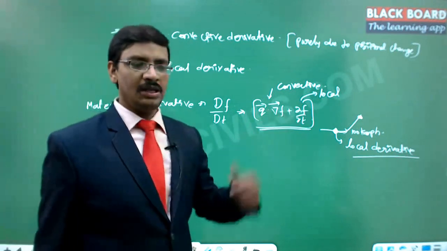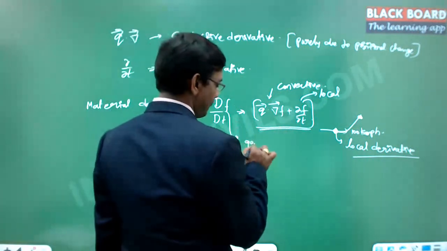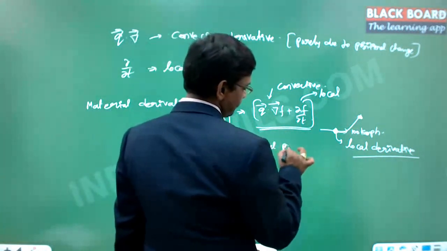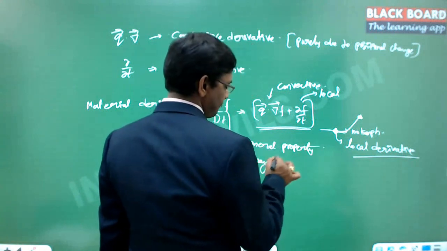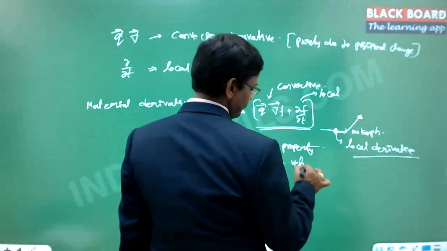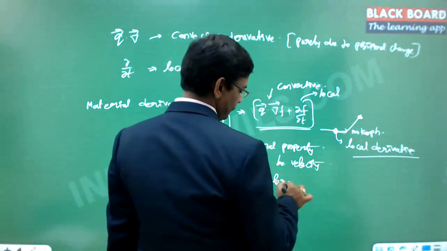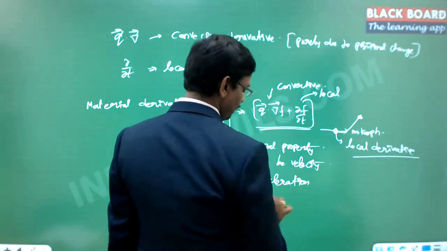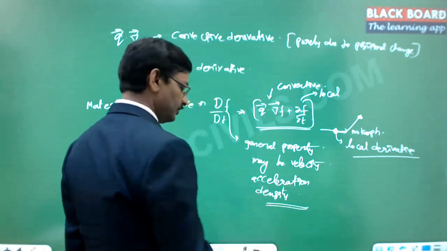Now the same thing, if you apply it on the velocity, q is already involved in it. Now f is a general property. This f is a general property, may not be velocity, right? A general property, so maybe velocity, maybe acceleration, or maybe density. Any such kind of variable that can come in at this particular position.